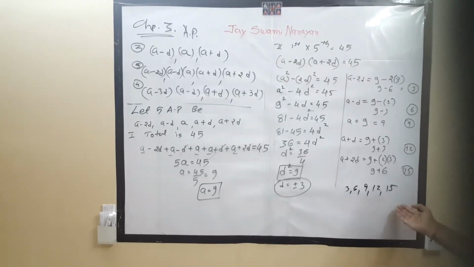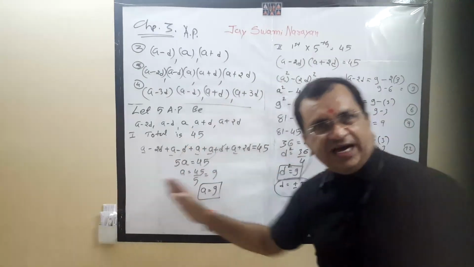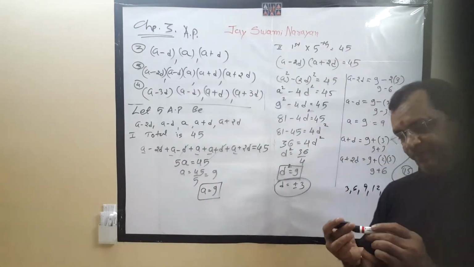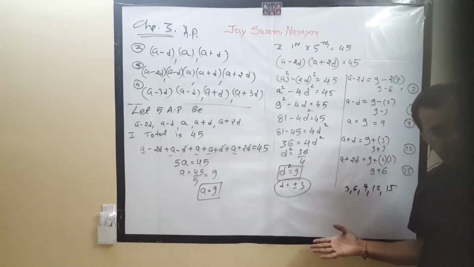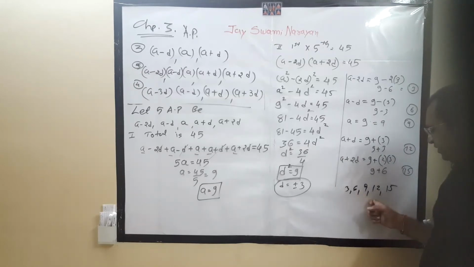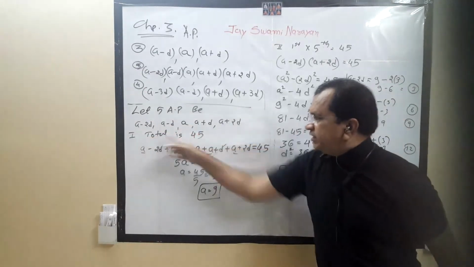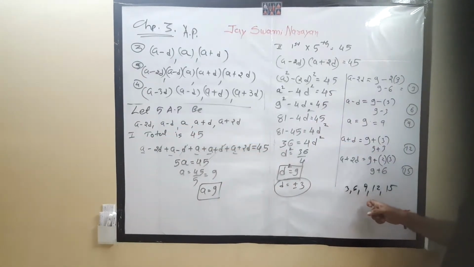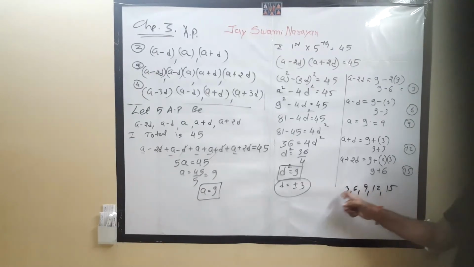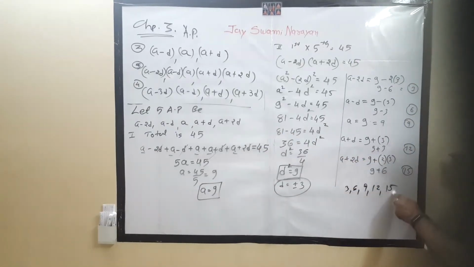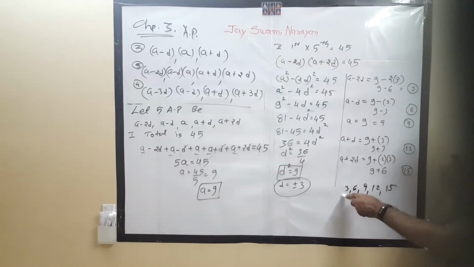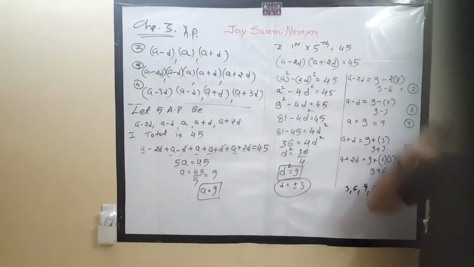This I have considered and I have formed one question for you. How? I have considered this in addition of 3: 3, 6, 9, 12, 15. I have given the condition that the total is 45. So 6 plus 9 is 15, 15 plus 15 is 30, 30 plus 12 is 42, plus 3 is 45. So the total is 45. Then I have given first number and last number, product of first and last, 15 3s are 45.